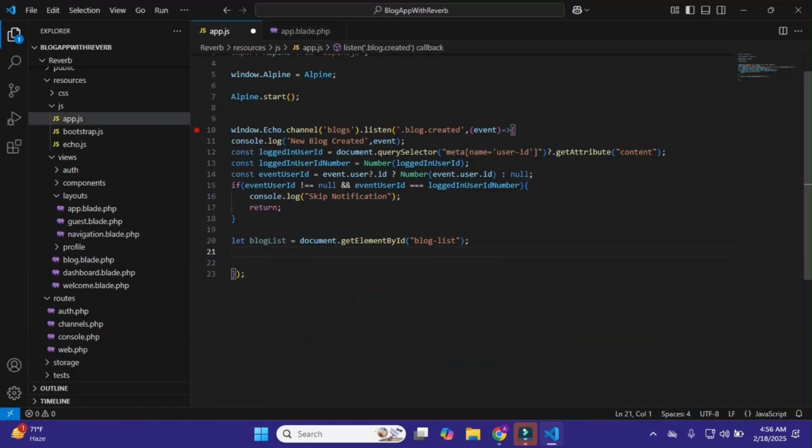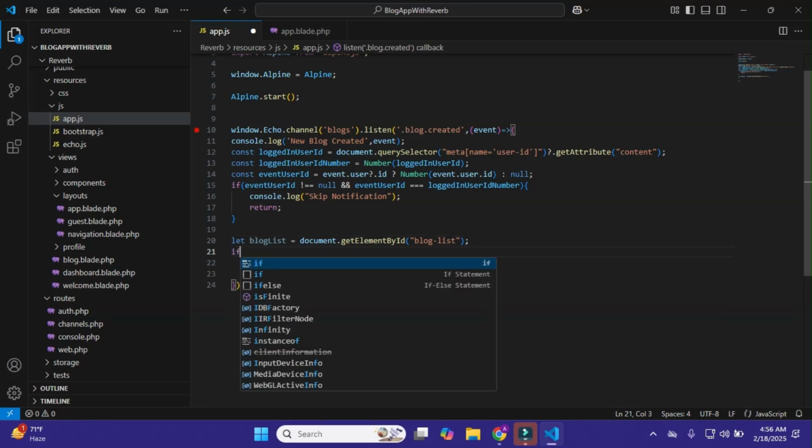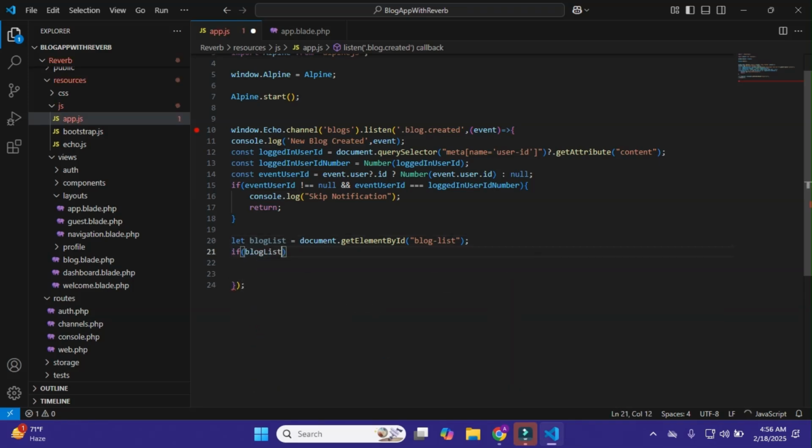So I'll go to my app.js file, and after getting blogList I'll write if blogList,